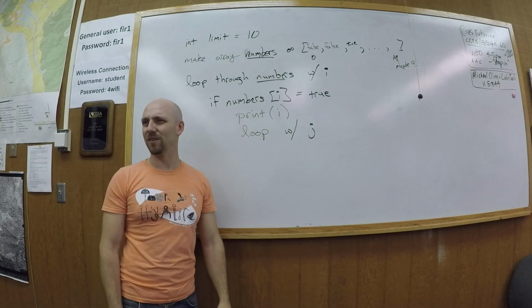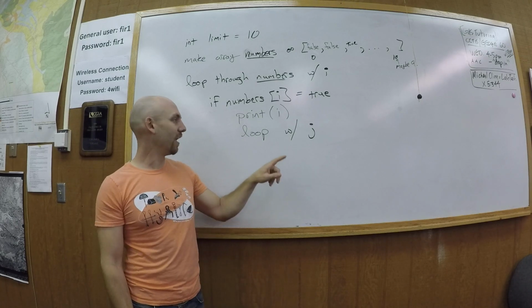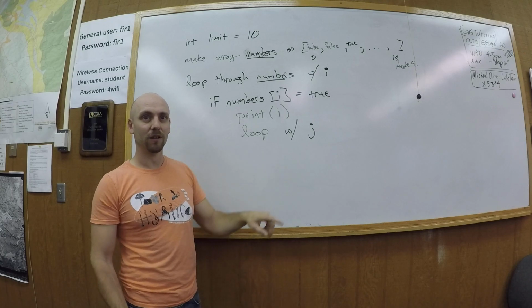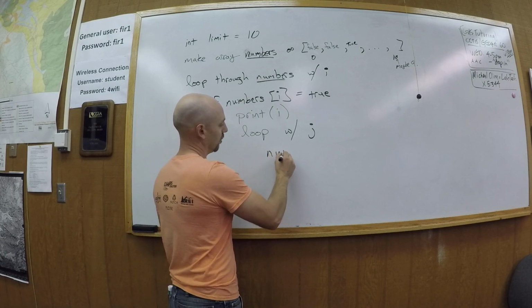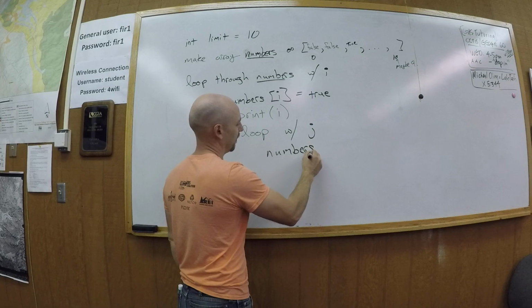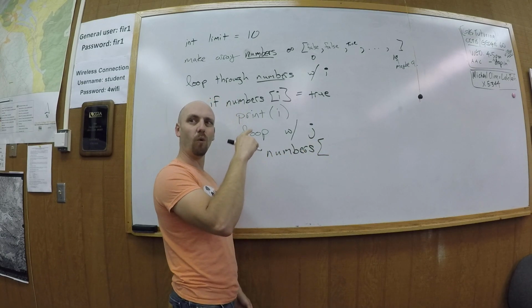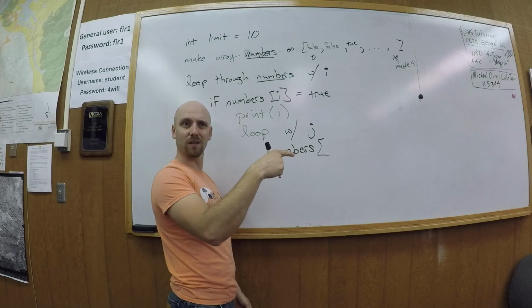Maybe I'm just a little confused about what this j is doing. But at the very least, I'm going to loop through with j's and cross off the multiples, right? So I'm going to do numbers. Ooh, where's 4 going to be? What do